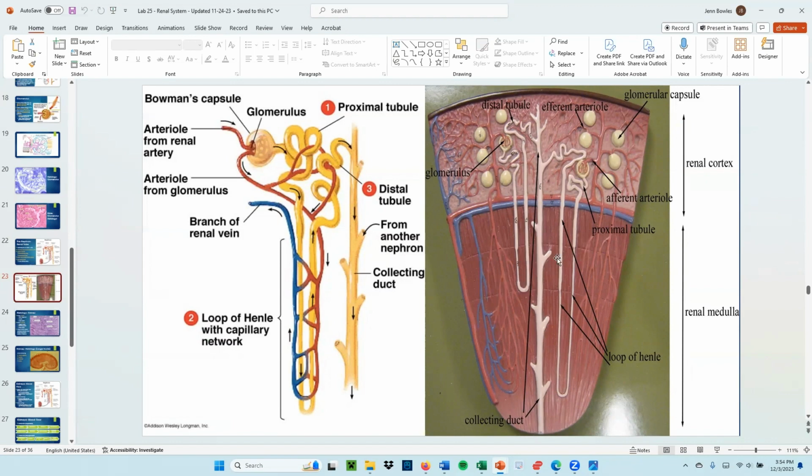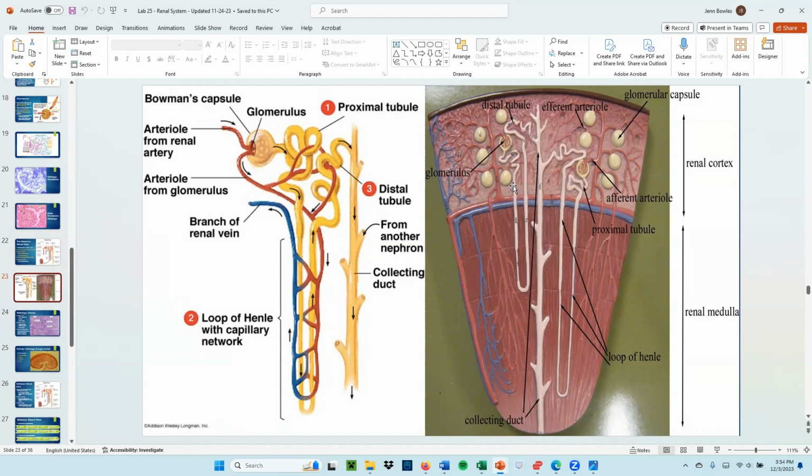Just to orient ourselves, this is going to be part of the inner medulla. This is the renal cortex. The way we can confirm that is glomeruli are found within the cortex. Each of these round units is a renal corpuscle. It's going to have that fibrous outer capsule in tan. This one here has been chopped in half so that we can see into the corpuscle and see that glomerulus. And connecting to it, we have that entire system of tubes, the renal tubule, which altogether forms this nephron,